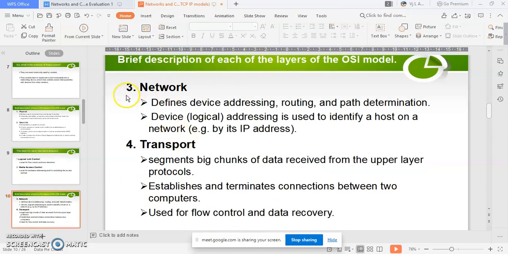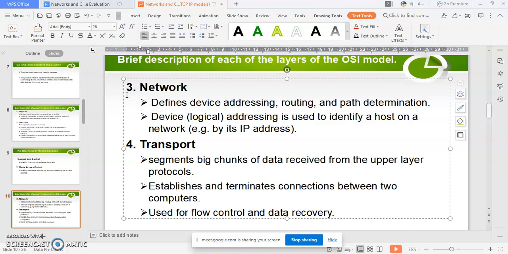Next, network. So the third layer is the network. So what is in the network? Network defines device addressing, routing, and path determination. So kung ang data link nag-focus sa information na ilabay, encrypt, pagbalik, ma-decrypt, tapos madawat siya na sakto pod. While in the network, ang focus niya is asa siya dapat moabot. Okay? So, asa dapat IP addresses siya moabot,